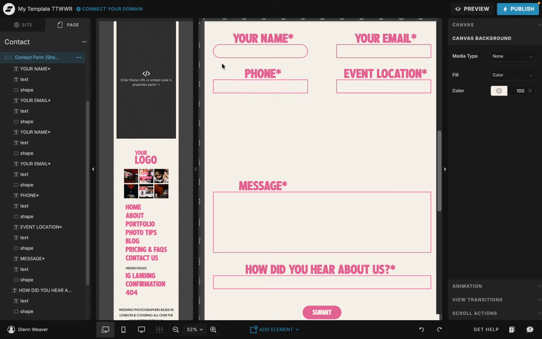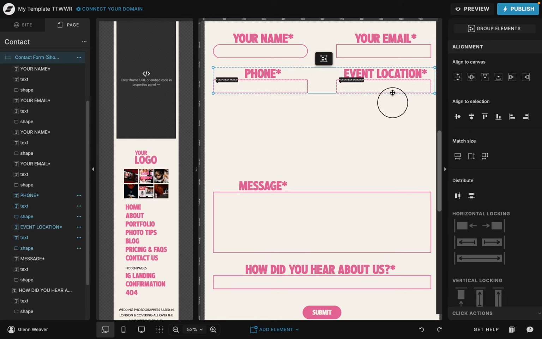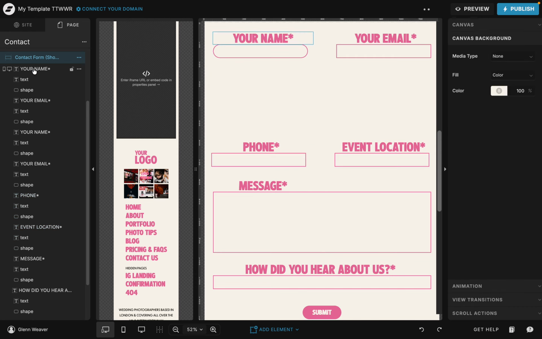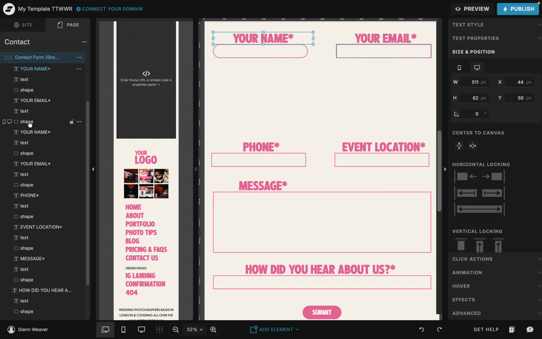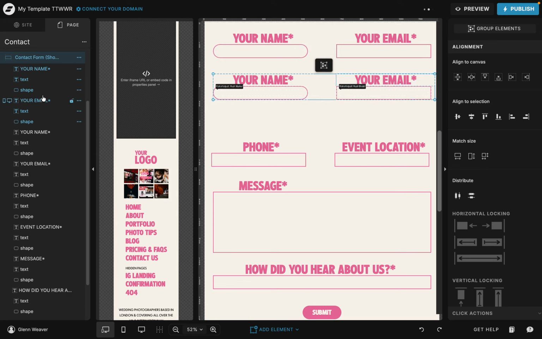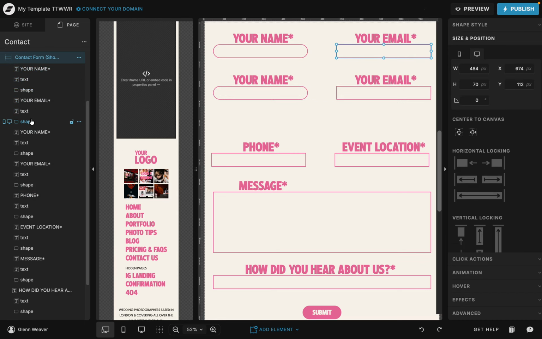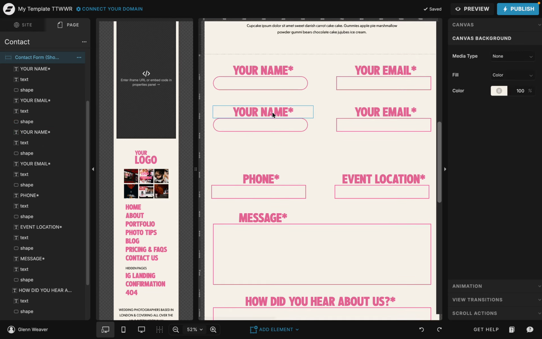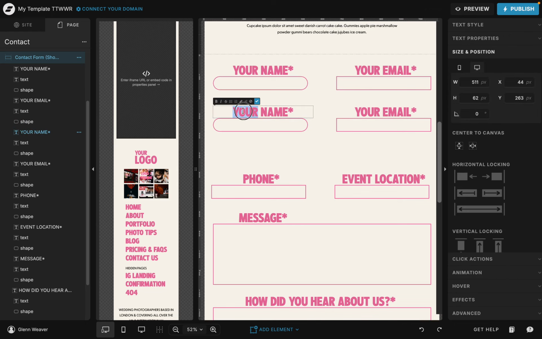I'm going to move these down as well. There we go. Okay, so the ones that we just pasted in, your name and your email, that we wanted to add in here, we want to make sure that they move down on here. There we go. Because what happens then, apart from it's just easier to, so let's make this more, let's go